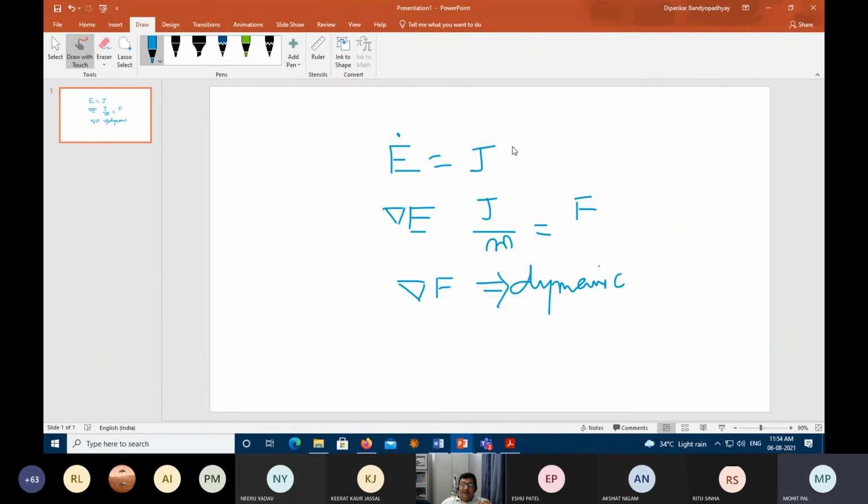Now, in terms of engineering, I just keep doing this. E dot means my power, J dot means my wattage, delta E dot is again the gradient of power. This becomes the force per unit time. So now you bring in time, and then you get the power aspect. These are the engineering aspects of the variables. You get the point?